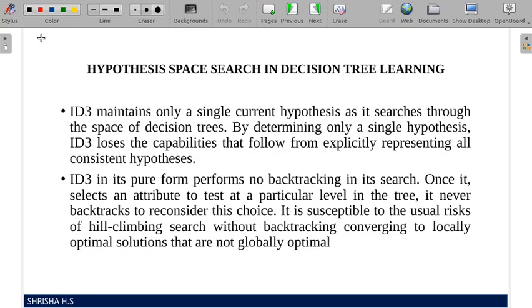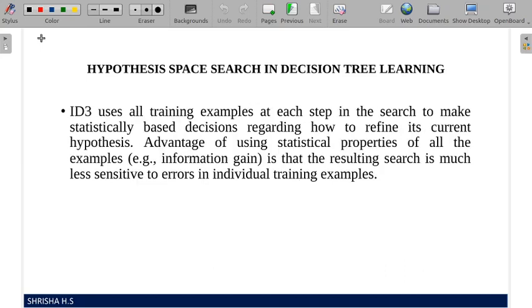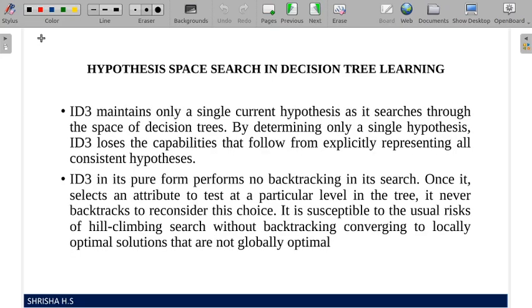Next, we talked about the disadvantages. It produces only one tree and not every tree in the hypothesis space, and it does not have the option of backtracking, so it may produce a good tree but not the best tree. It may converge to a locally optimal solution, but not a global one. These two are limitations, we can say.